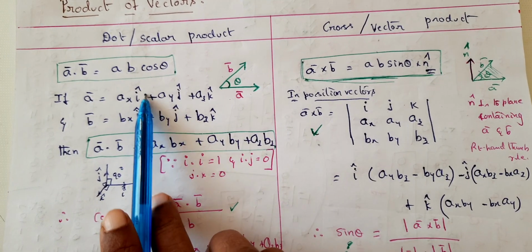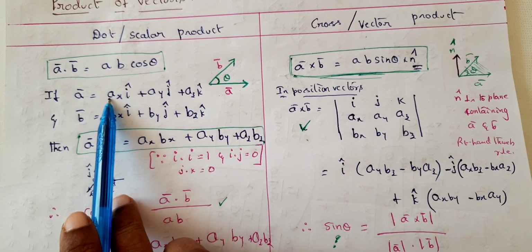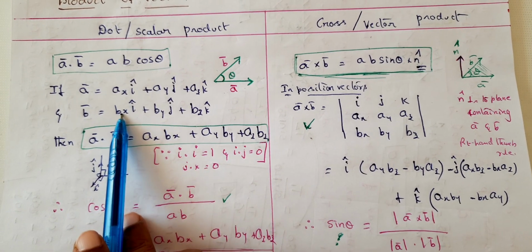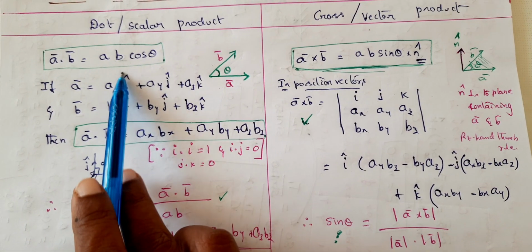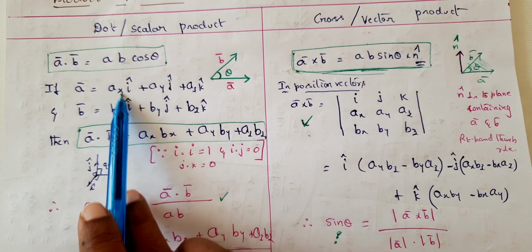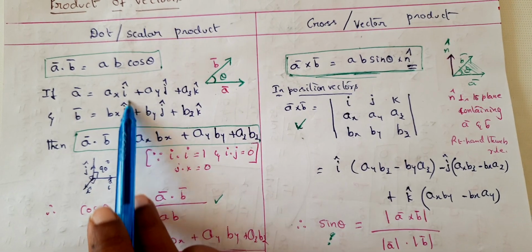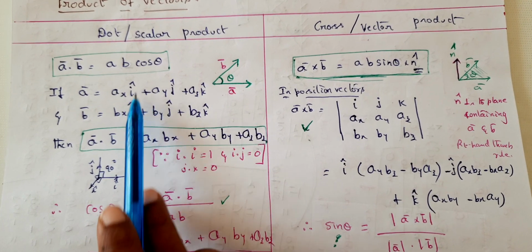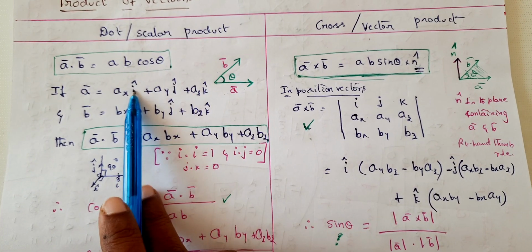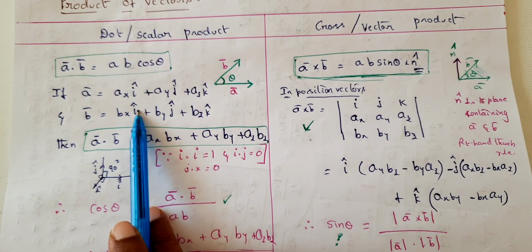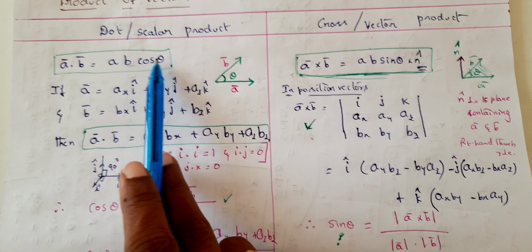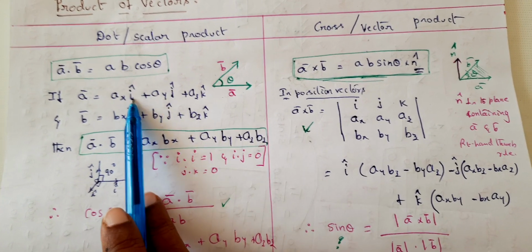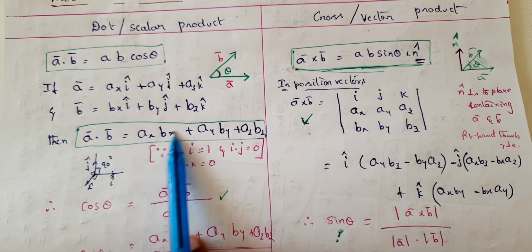Right. So when I do the product between these, you are multiplying Ax I cap into Bx I cap. That means Ax into Bx, normal multiplication. Now it is the multiplication of two vectors here, I dot I, where I magnitude is 1, I magnitude is 1, 1 into 1, cos theta. What is theta? I is making an angle with itself, 0. Cos 0 is 1. So Ax into Bx multiplied by I dot I gives you 1. So you have AxBx.